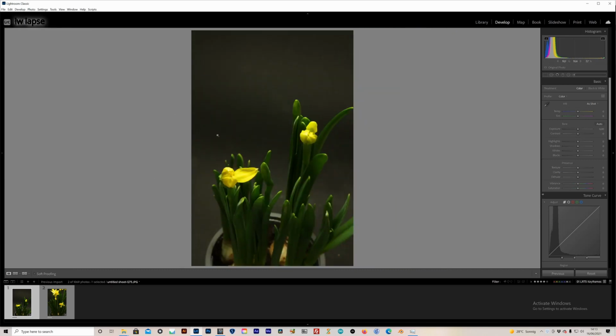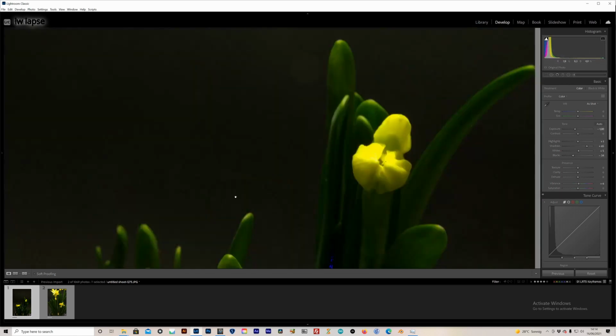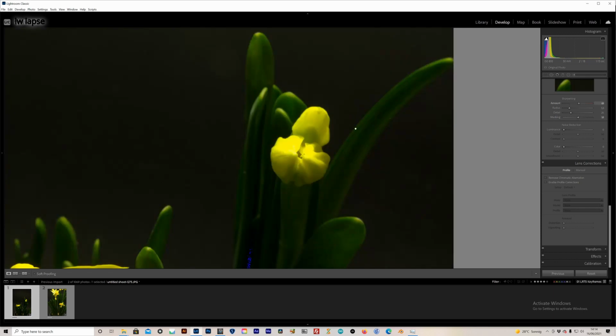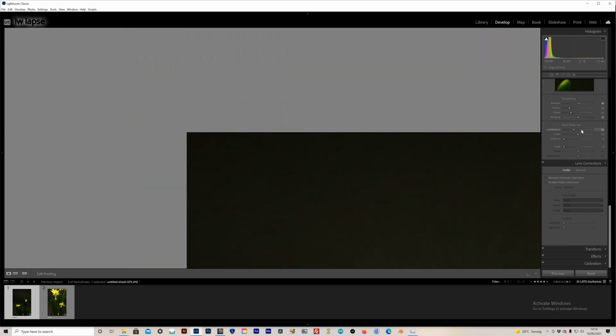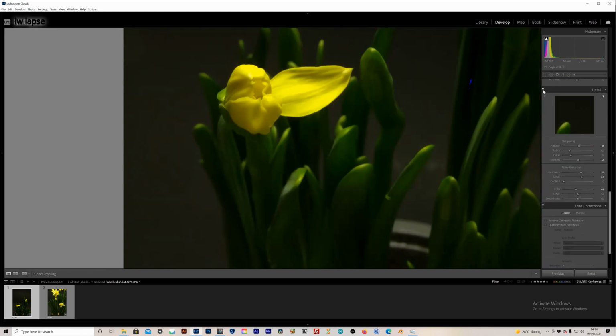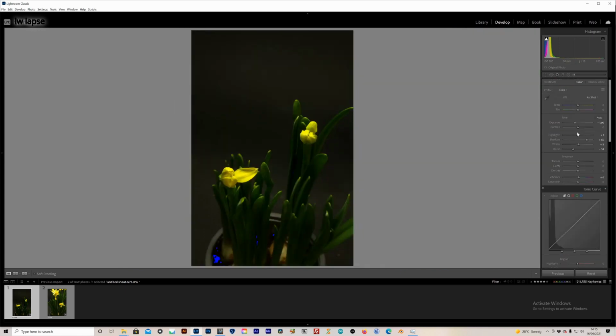Just want to make sure I get that background as dark as possible. Okay, that's looking okay for now.